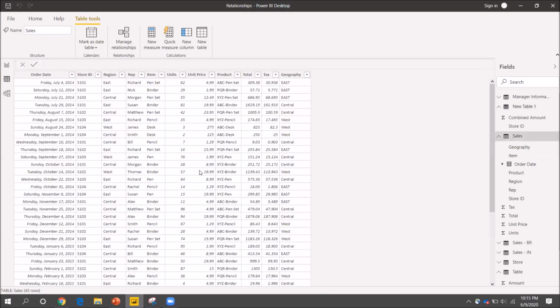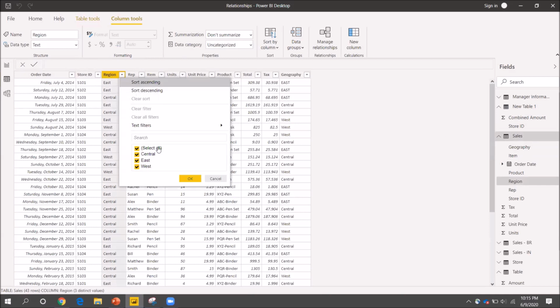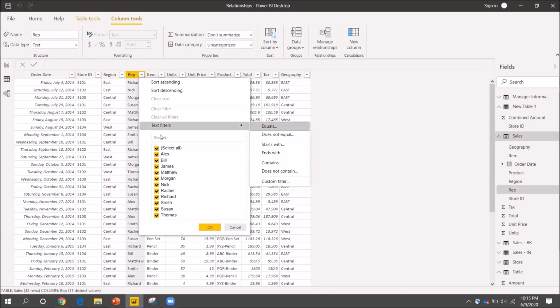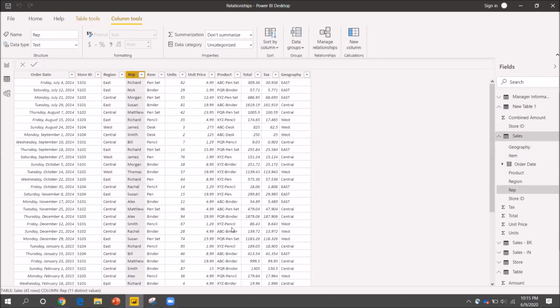This time I'm using my sales table over here. If you look at the columns, I have region, which has three different values, and the rep, which is the sales representative in each of my regions. So now let's say I want to see a summary report for each region and rep combination, and it should tell me the total amount or the total sales made by the particular representative and how many products were sold.